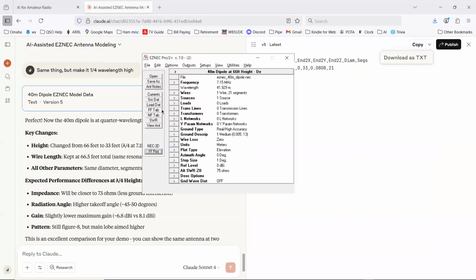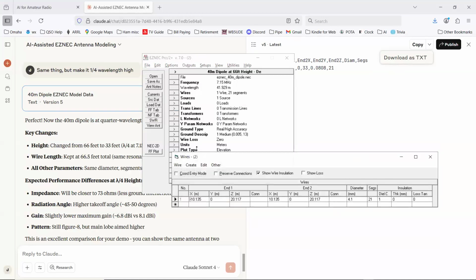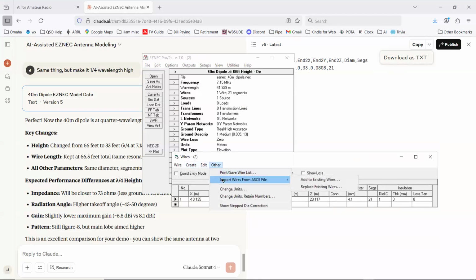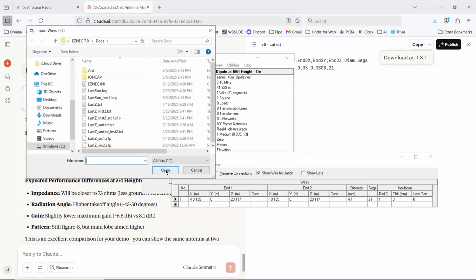Okay, now going back into EasyNEC, I'll go into the wires. And there is an option to import wires from ASCII file. Add to existing wires or replace existing wires. So I go replace existing wires. Now this right here is the stuff